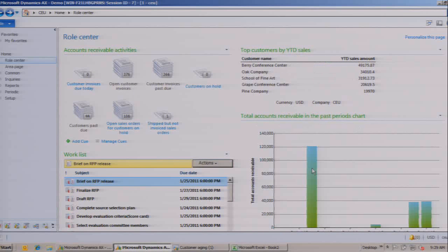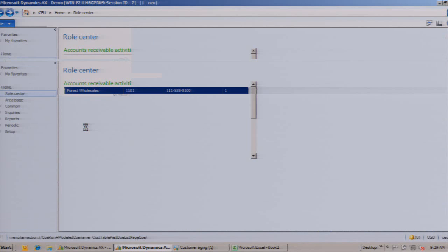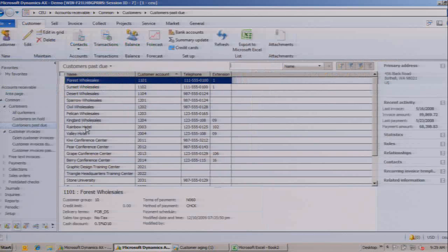We have receivables in the past periods chart below that. With regard to the activities, Arnie can go in and begin responding to Sarah's request by checking customers past due. Might be a place where he would start. And in this case, we open up a list page, and